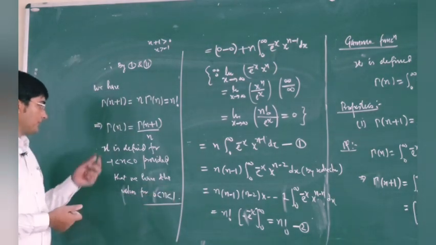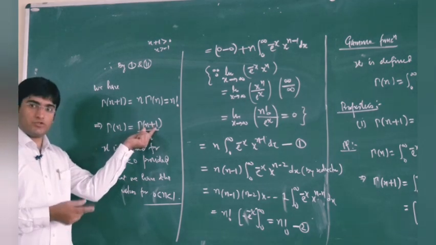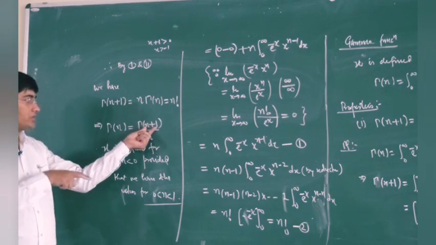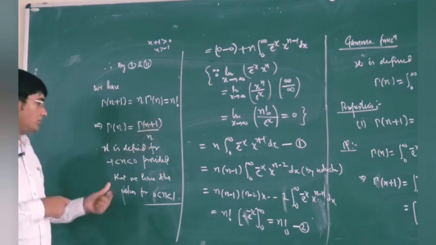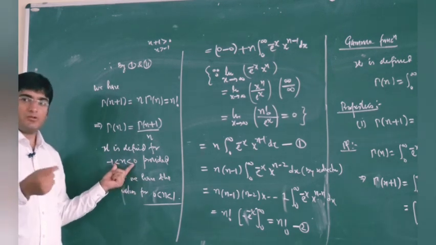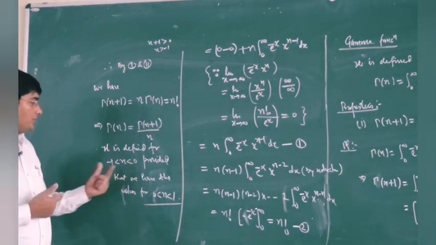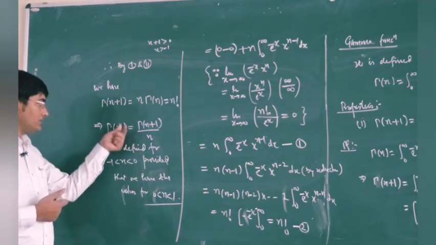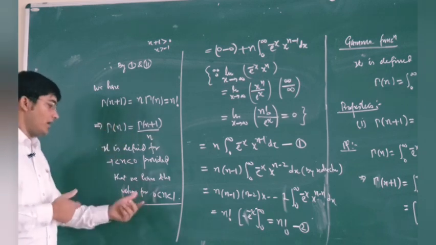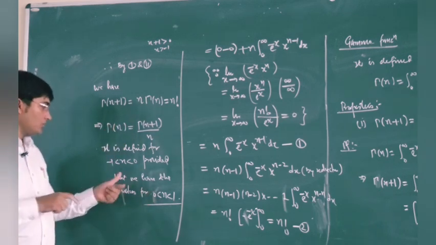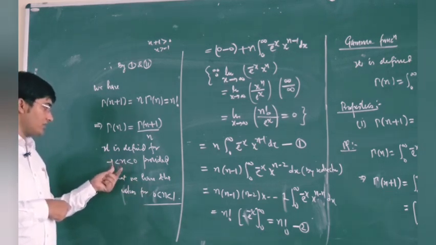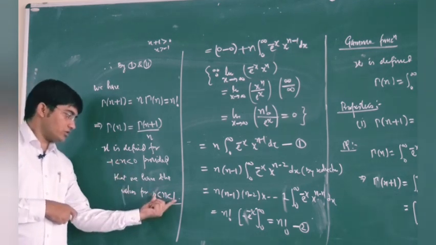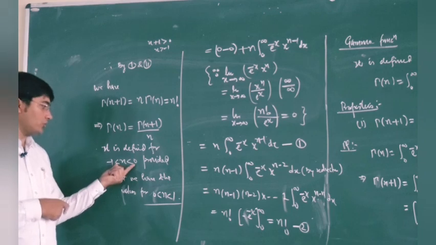So now you know that this gamma n is defined for n greater than 0. So if your n plus 1 is greater than 0, that means if your n is greater than -1 and less than 0, that means for the step of size 1, then we can define this gamma for this negative number, provided that this gamma is defined for the higher 1 unit step. That means when your n is greater than 0 and less than 1, if this value is given, then we can define your gamma n for this number.